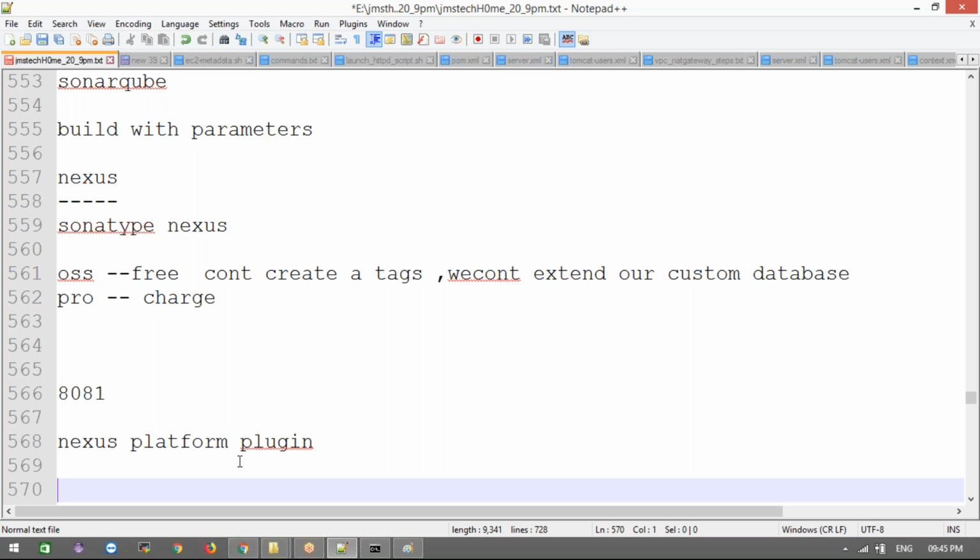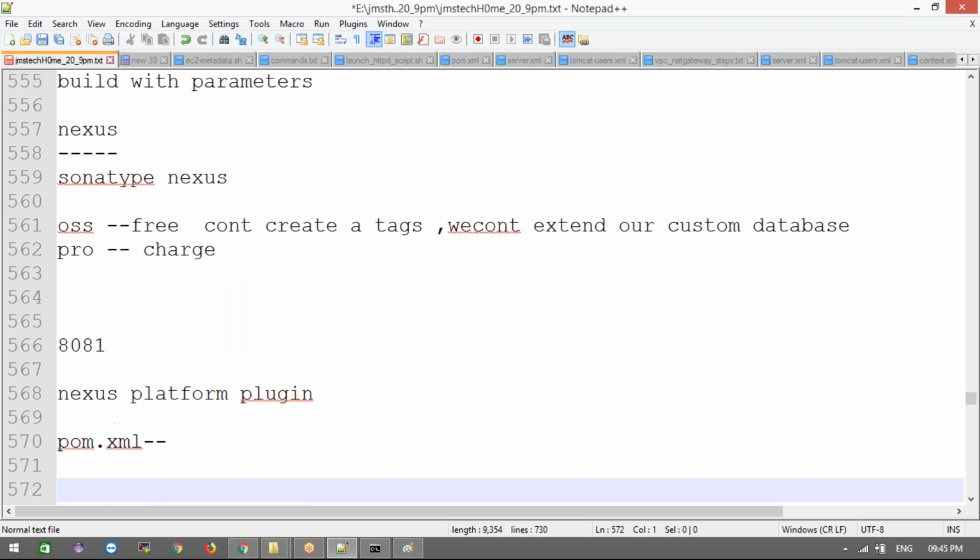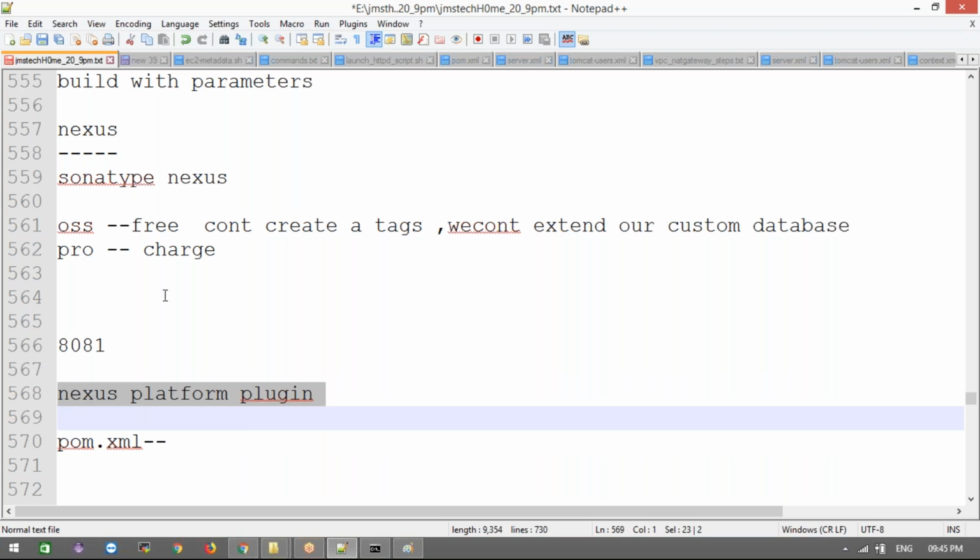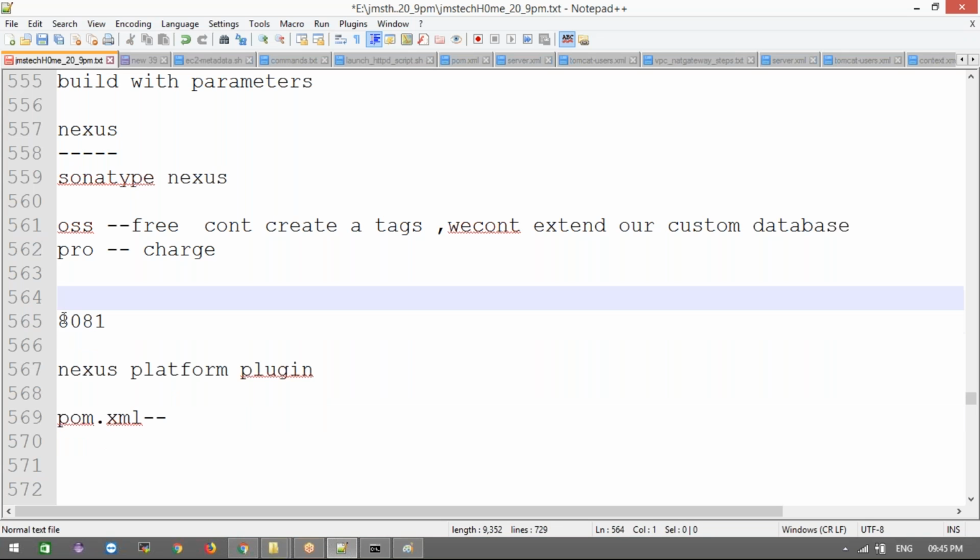If the developer has written the repository names and pushing details in the pom.xml file, we don't need to install the plugins or integrate. Once the build is done, it will automatically push to the repository. If they haven't done that, we need to install the plugin and integrate it. That's what we're going to learn now. Clear guys? Now let me go with the Nexus download.